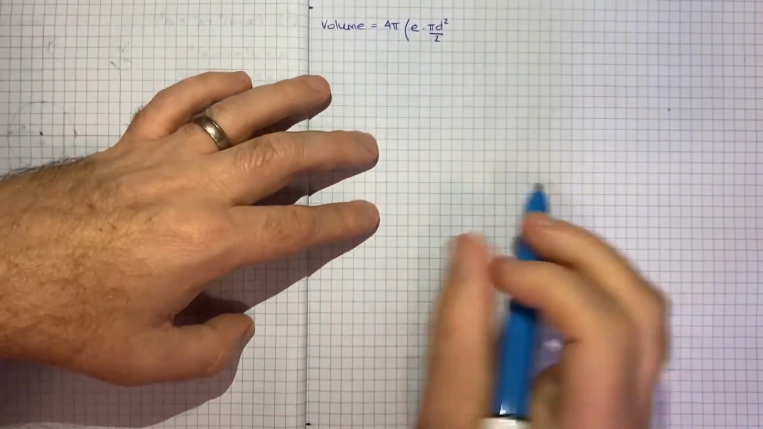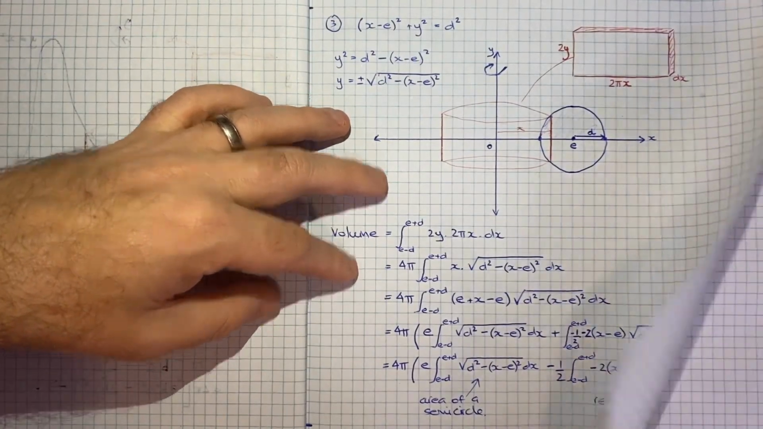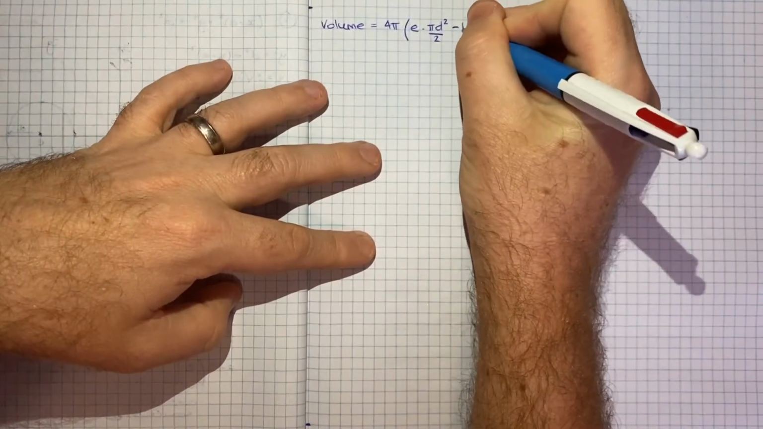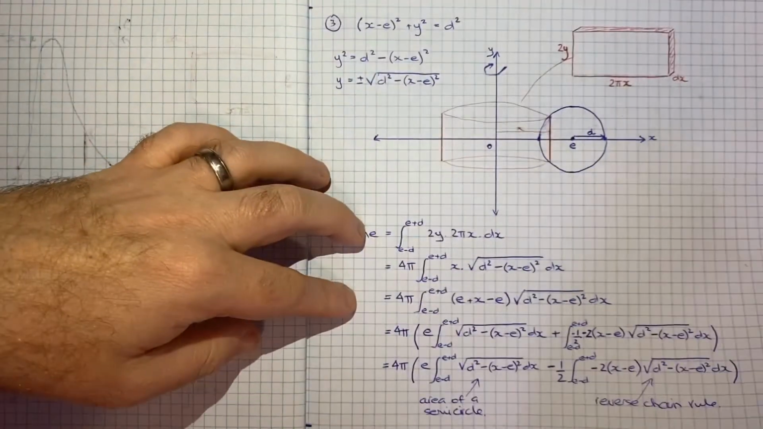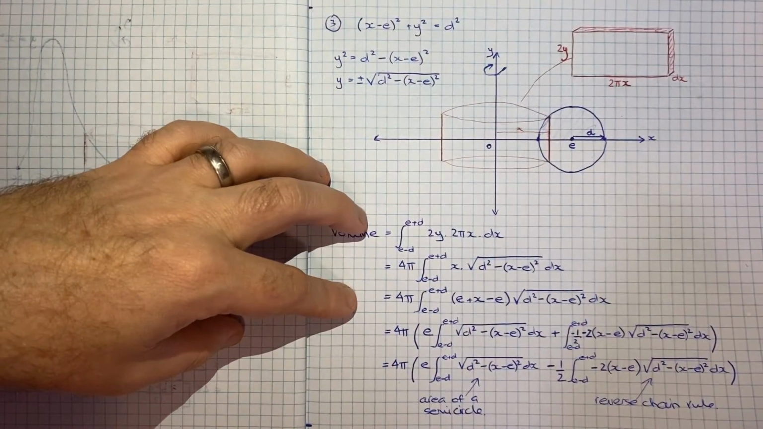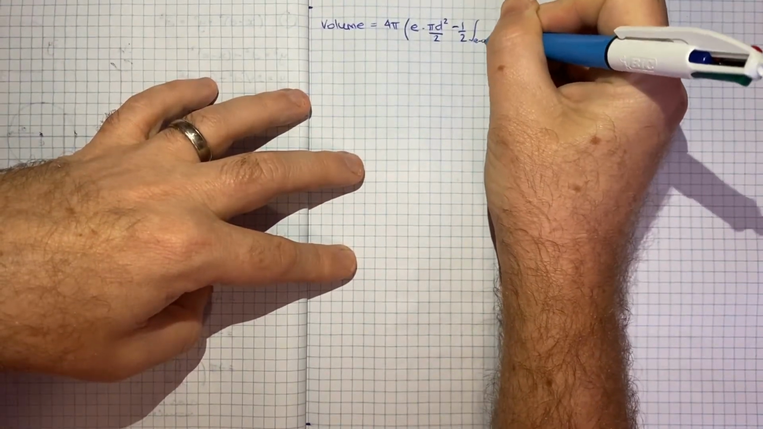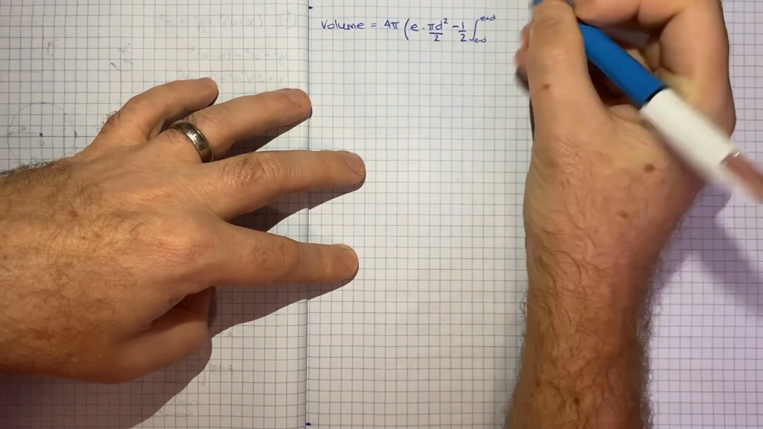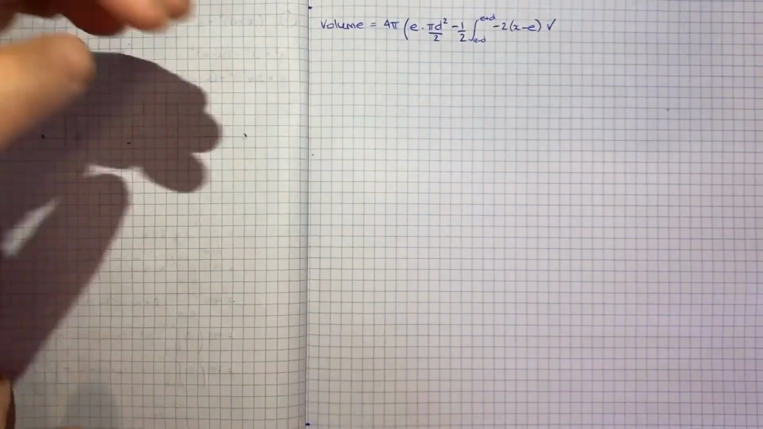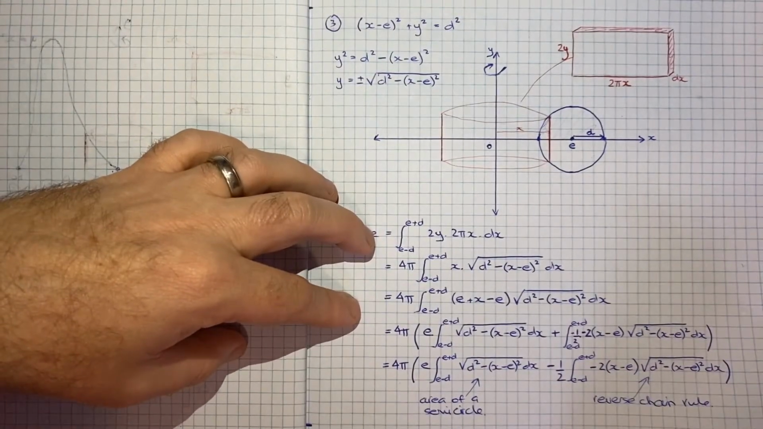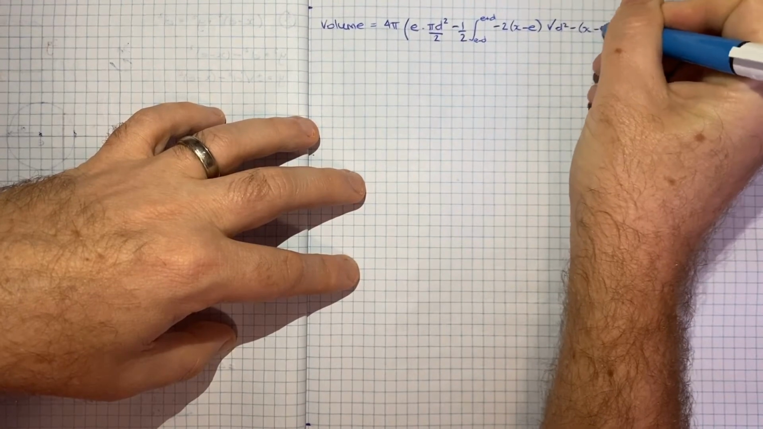So that's that bit, easy. And now it'll be -1/2. And maybe I'll just rewrite this whole integral so I can do some side working on the reverse chain rule. So the integral from e minus d to e plus d of -2(x minus e) times the square root of d squared minus (x minus e) squared